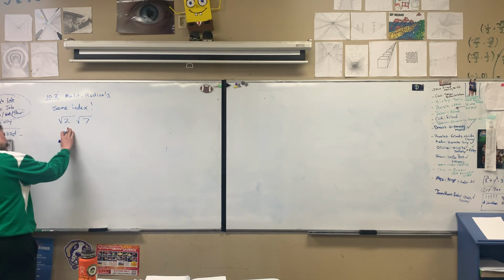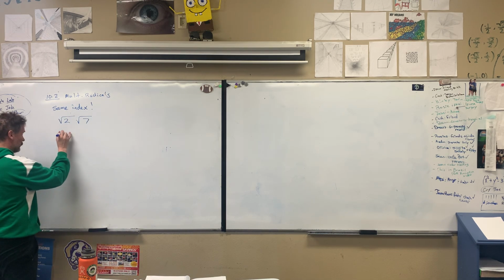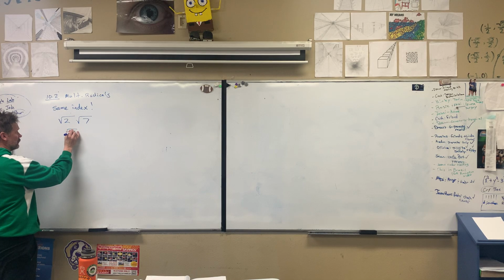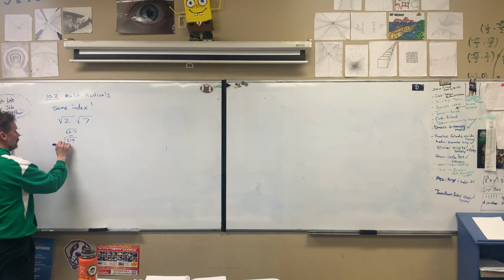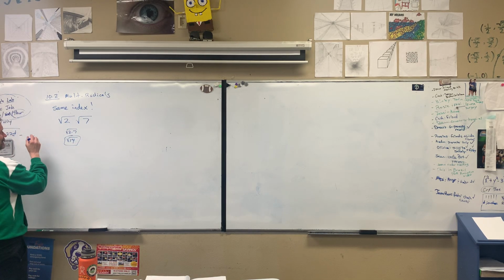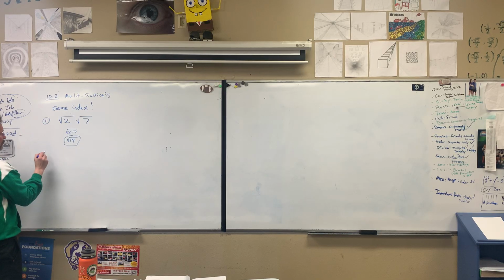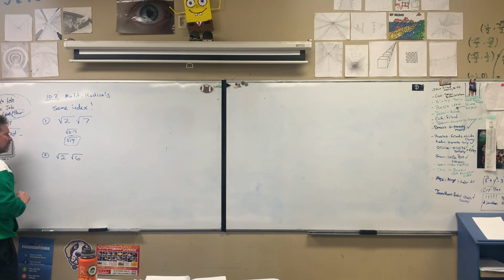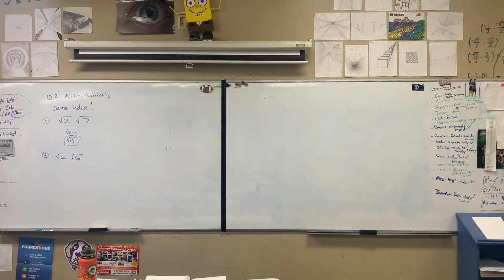Now, square root of 2 times square root of 7. We actually talked about this a little bit yesterday. It would just be 2 times 7, square root of 14, and you would be done. We'll just call that number 1, because we're doing some problems here. Now, if you have the square root of 2 times the square root of 6, again, the challenge is for